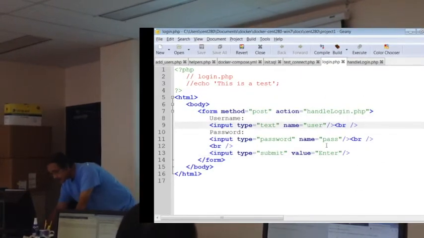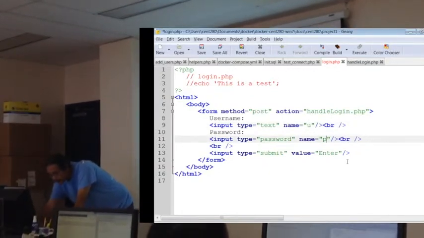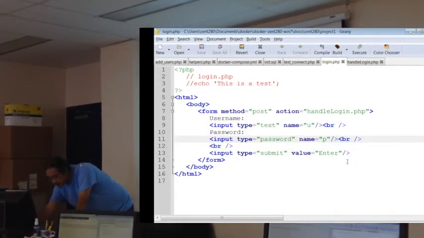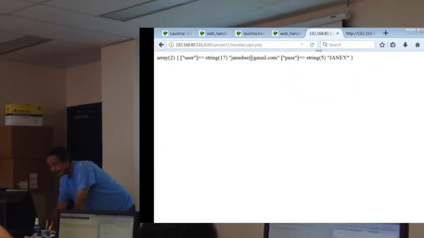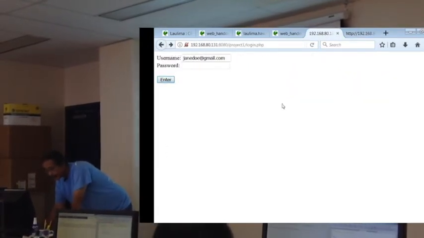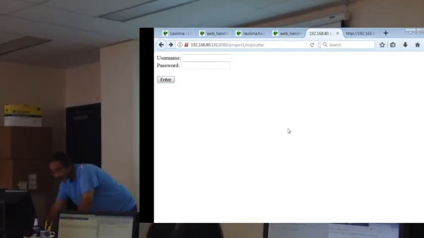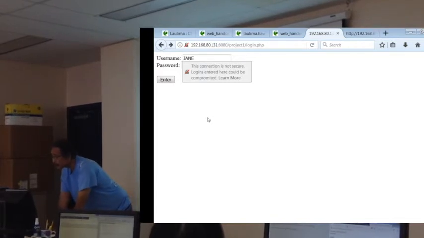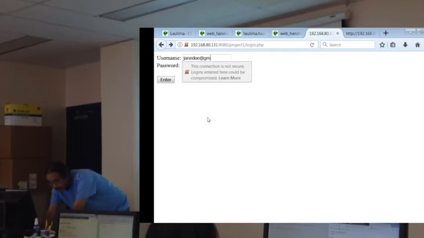Okay, so let's do that. We will change it back eventually. But if I had done this, instead of the name being U for user and P for pass, I'm going to just use U and P. Come back to this page. I'm going to hit Control F5 to force a reload. Okay, so that clears everything out like this. And then if I put